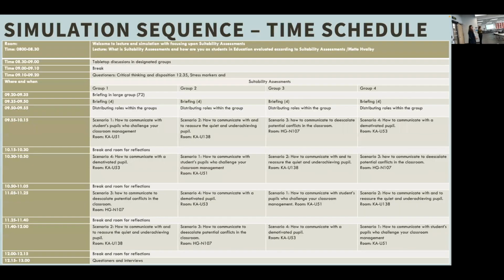So this is the time schedule. We thought we might want to cover those. So yes, it's very detailed. The students know exactly when they're going to have their lectures. They have tabletop, they have a break, they have time for doing their questionnaires, and then they go